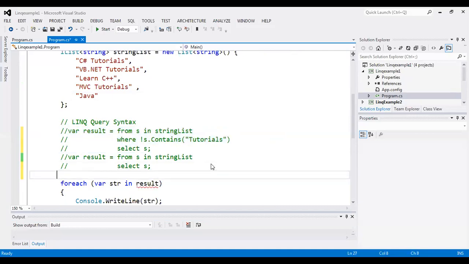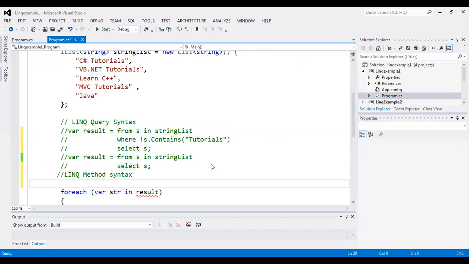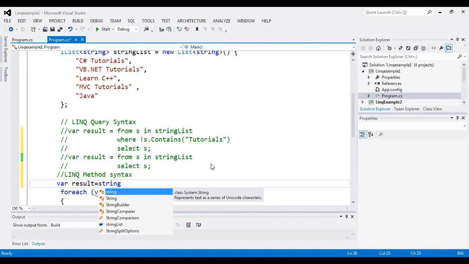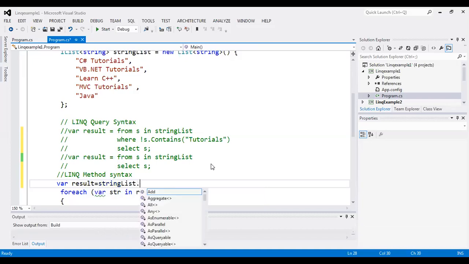To do the same, I will say where result equals string list dot where.